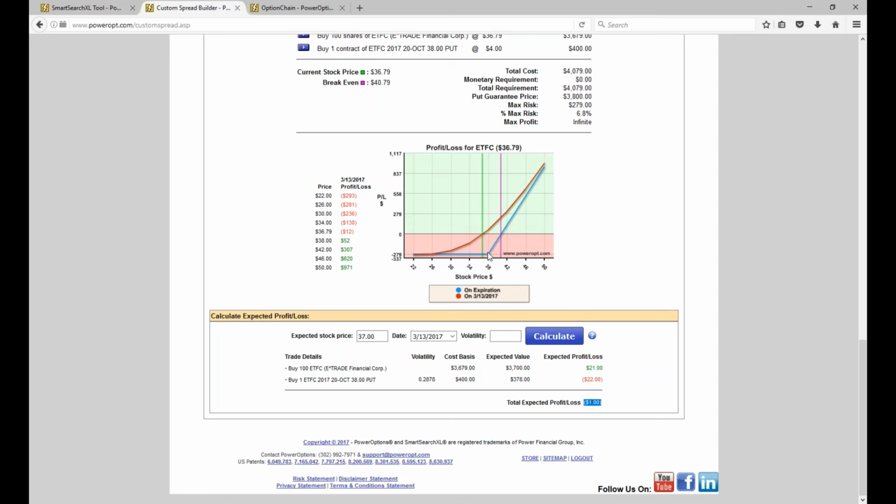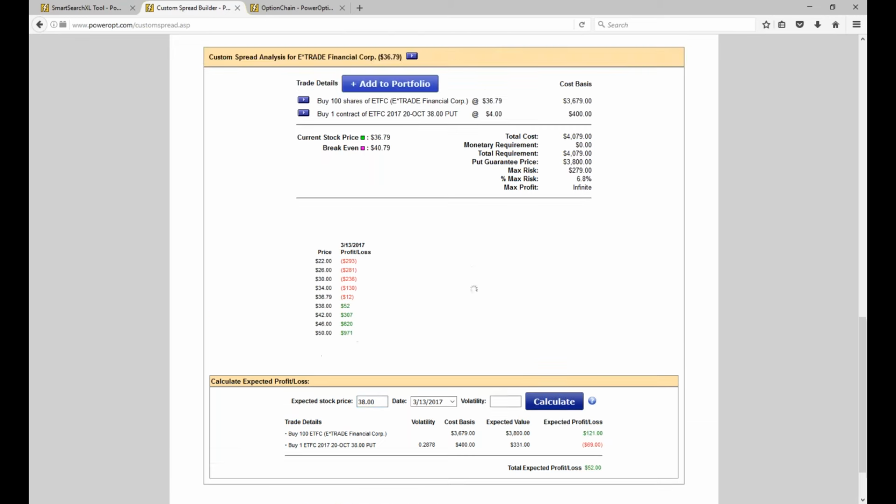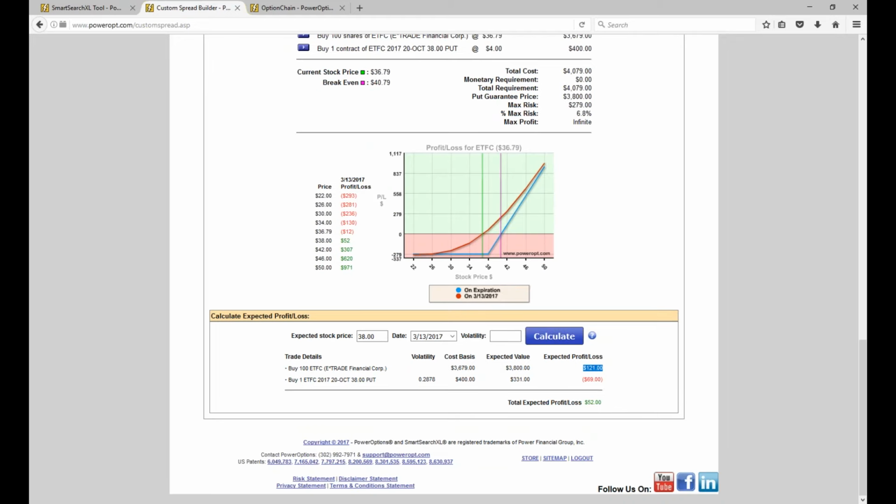Because just like when you buy a call, you know that as the stock stagnates, you didn't lose the 305 you paid for it. You might have lost 20 cents, 30 cents, or so forth. It's the same way with the married put. So as the stock moves up, let's say it moves up to $38, $1.21 in those first 15 days, well, it shows here I might gain 121 on the stock. I don't think I'm going to lose as much as $69. In fact, I think I'm only going to lose about 60. But yeah, I'm going to have a profit on the position. And that's not my goal.